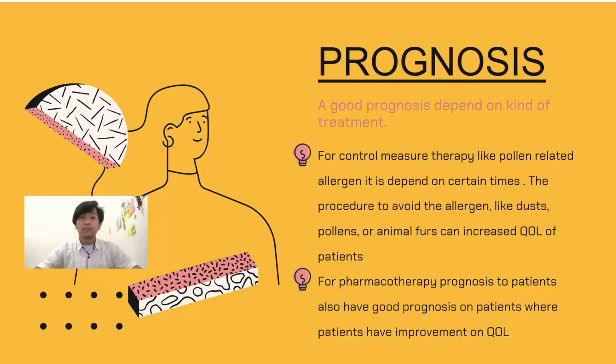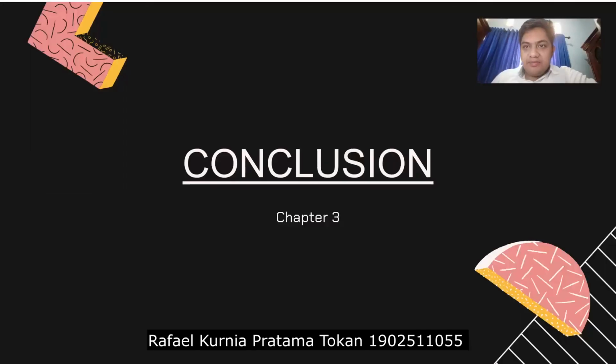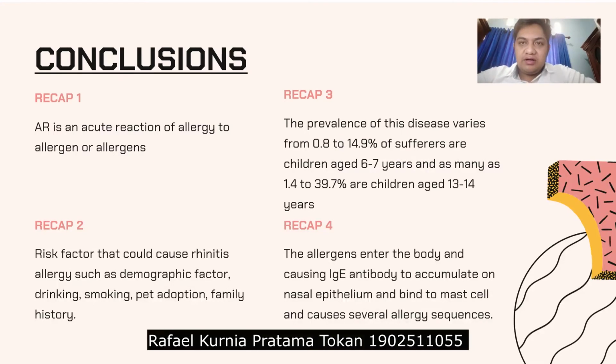And for pharmacotherapy, patients also have a good prognosis, with improvement in quality of life. The ability of medications like antihistamines, corticosteroids, and decongestants to reduce the symptoms makes patients able to do daily tasks better than usual. Okay, for the conclusion itself, for the first one, allergic rhinitis is an acute reaction